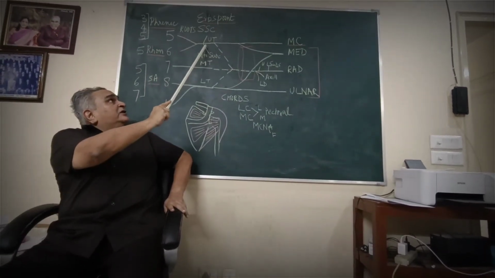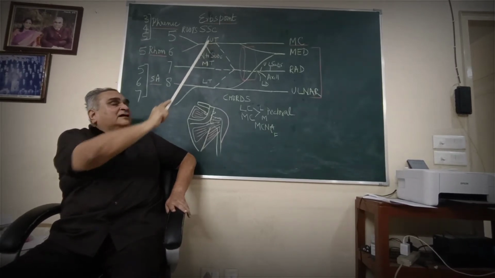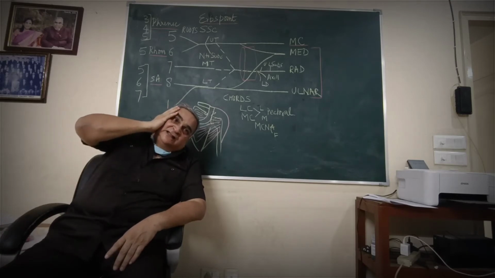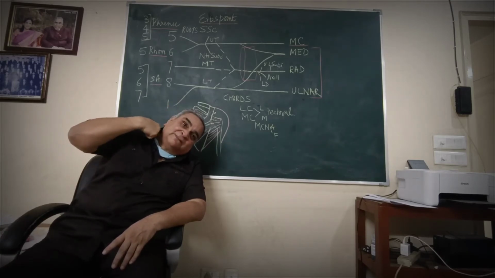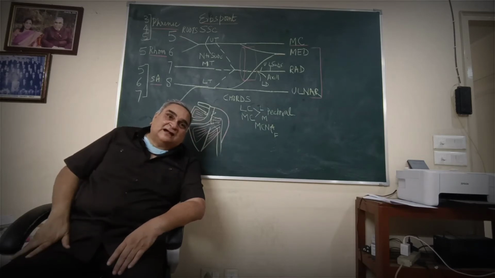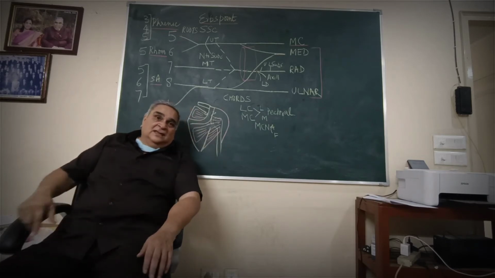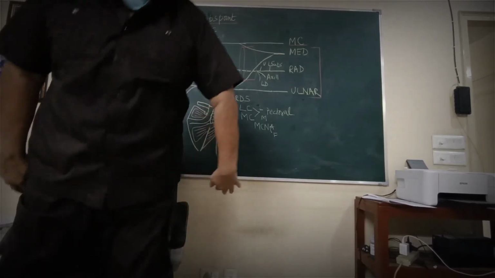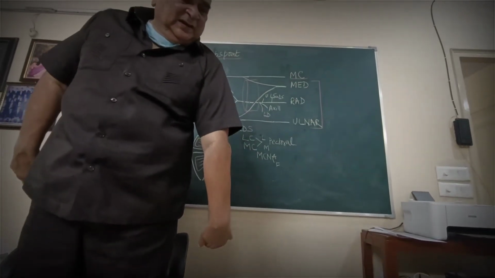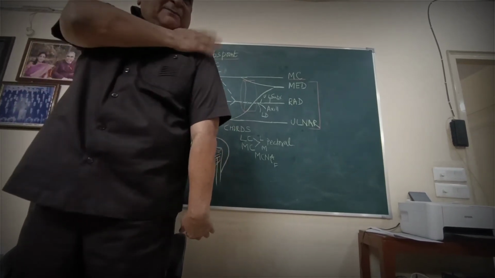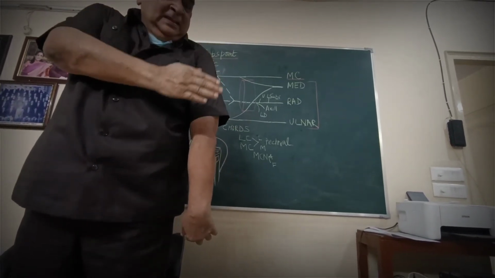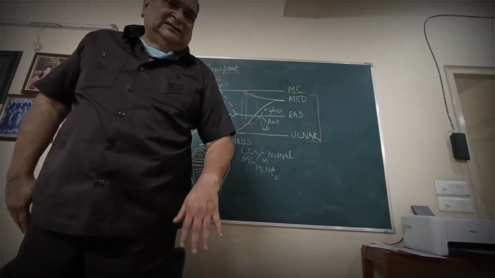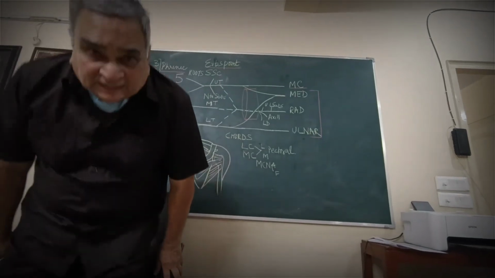Then another very common site of lesion is the upper trunk. In the upper trunk, what happens is that if there is a forceps delivery like this, the upper trunk gets stretched, and this paralysis is called Erb's paralysis. The Erb's paralysis is characterized by the policeman's tip taking position. Therefore, the abductors of the shoulder, the flexors of the elbow, and dorsiflexors of the wrist are paralyzed in the Erb's paralysis.